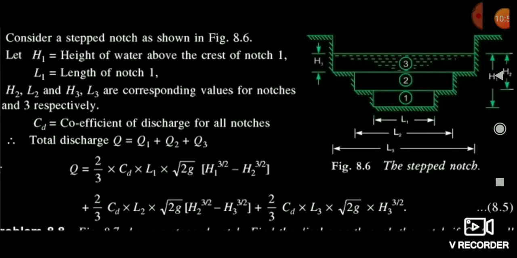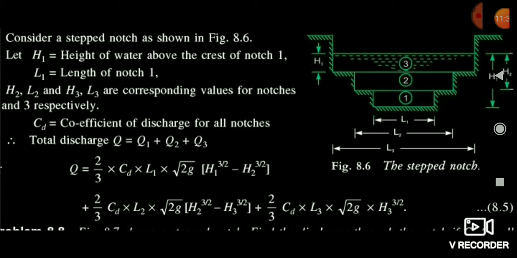Now friends, you see the next type of notch, that is a step notch. You can see here it is a step notch. Friends, this is very rare, I think 1 or 2 times it has been asked, but you should get a little bit of an idea. If it is asked by mistake in your examination, then you have an idea and you will be able to solve the question. It is in step size, meaning you can see part 1, part 2, part 3. I have divided it into 3 parts, and each part is a rectangular notch.